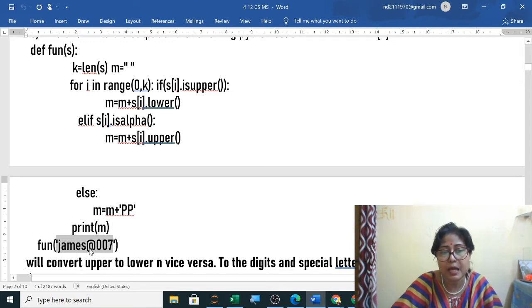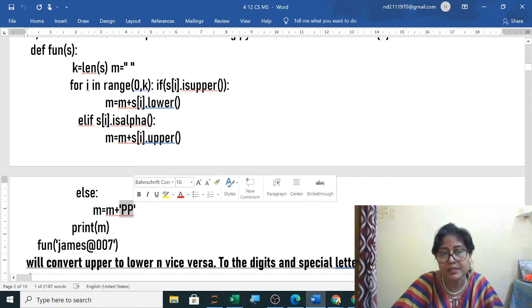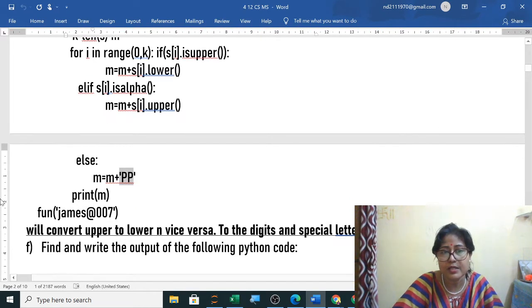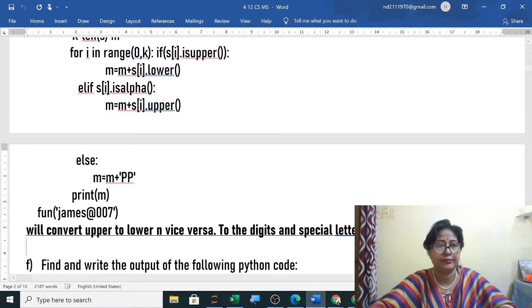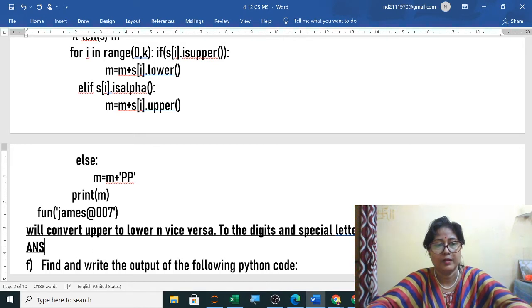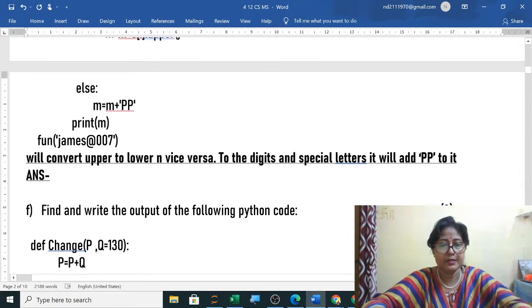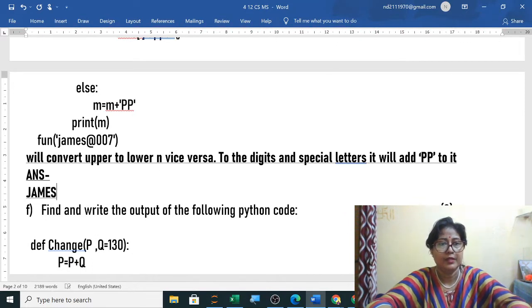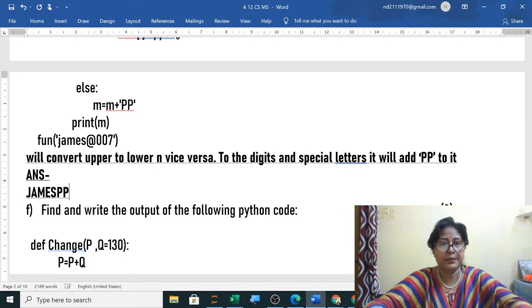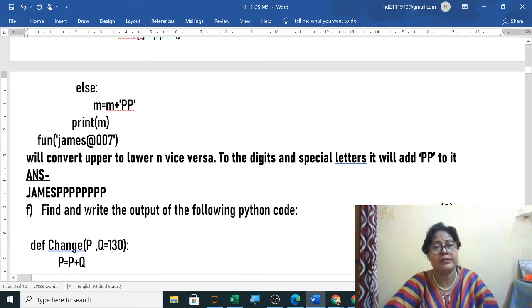So James will be in capital, and for each digit and special character you have to write two capital P's. So the answer you have to type here: James in capital, and then capital PP, PP, PP, PP. So this will be your answer.